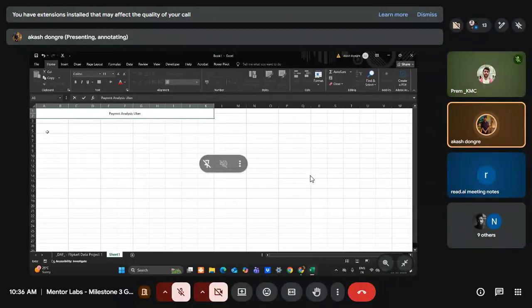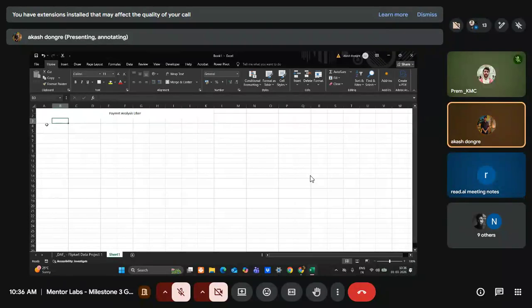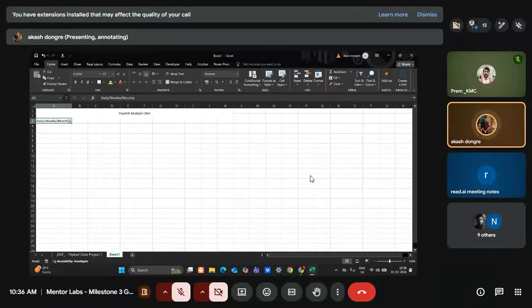What I am doing is that I always have one filter. On which level do I want it: daily level, weekly level, or monthly level? Based on this filter, you can choose any one particular filter. If you want a visualization at daily level, you can choose daily level. I will tell you how to add a filter in Excel, but this is how I am creating the